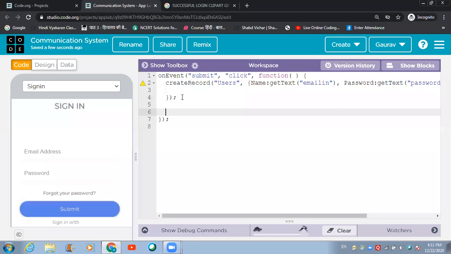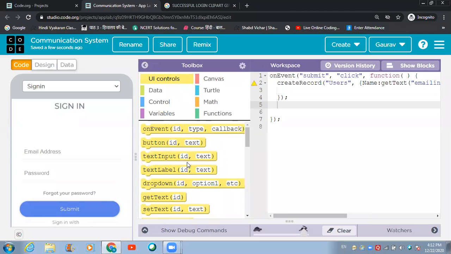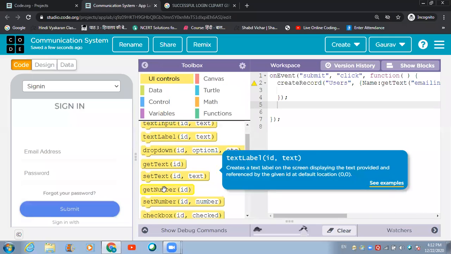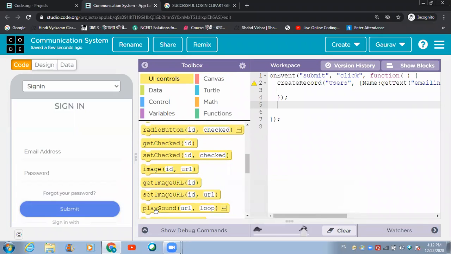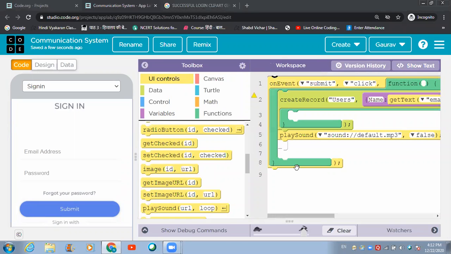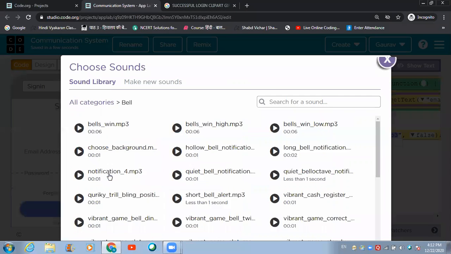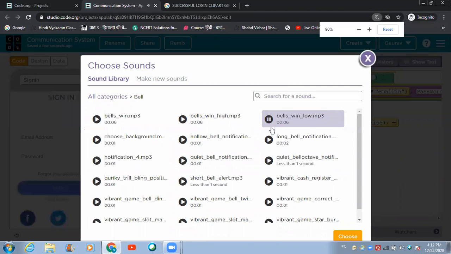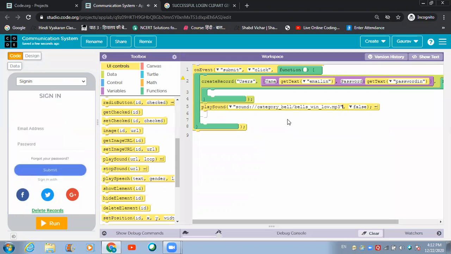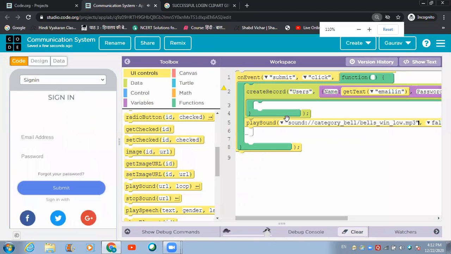a table is going to get created. Then once the table gets created, in order to make it more interactive, let's make use of this play sound block and put it over here. Let's convert it back into block-based coding, and I'm going to select a sound from this sound library. Let's select this one. No, this one is not good. Okay, this one is fine. So I'm going to select this sound, and after this,